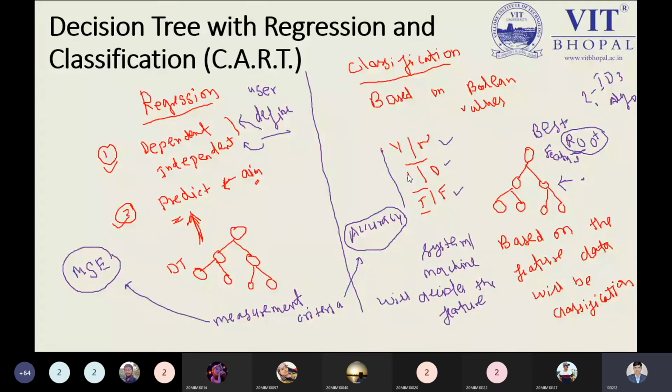Based on the Boolean nature of the data, we can take that, or we can have multiple classification data, just like gender. The gender of a person can be male and female, and now we can put in another category for a person who does not belong to male or female but is transgender. So we can classify the data in three parts: male, female, and transgender. So definitely we have to classify the data, and this data comes into classification only.